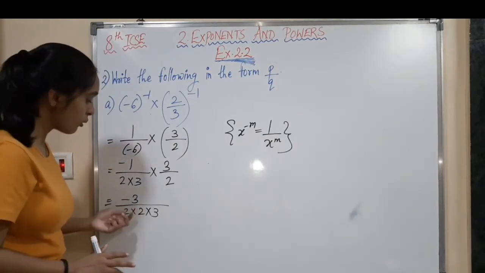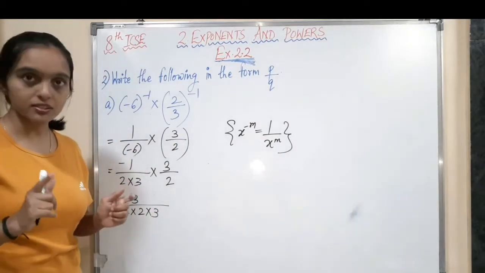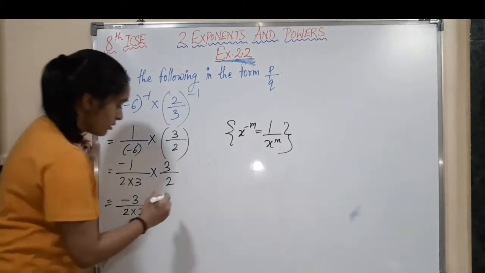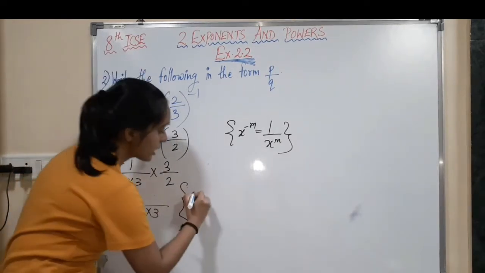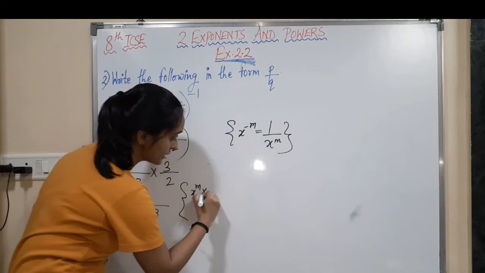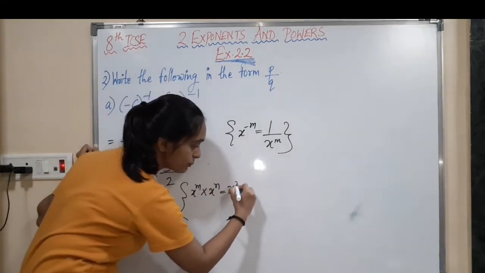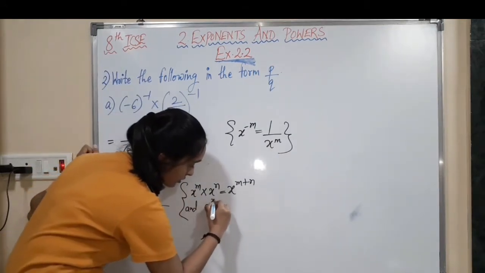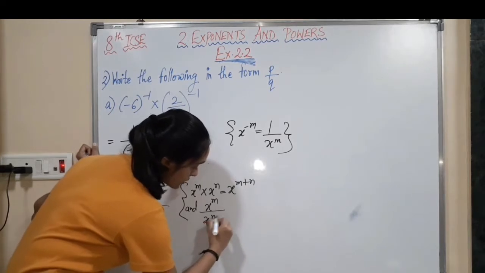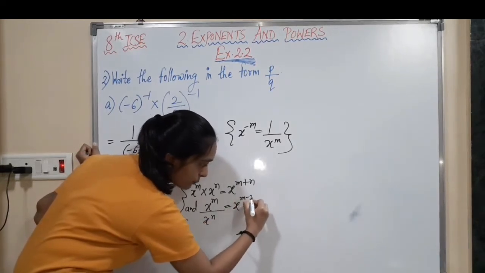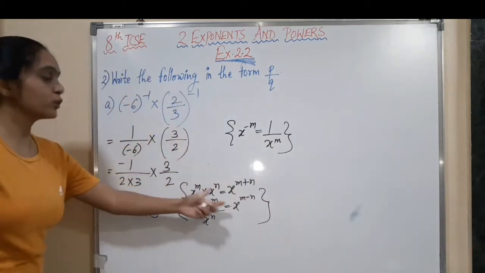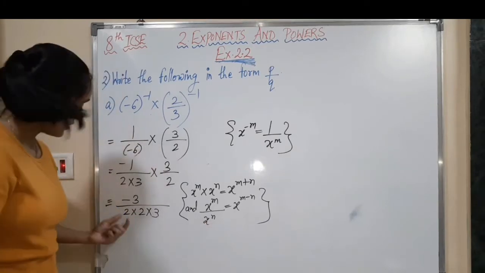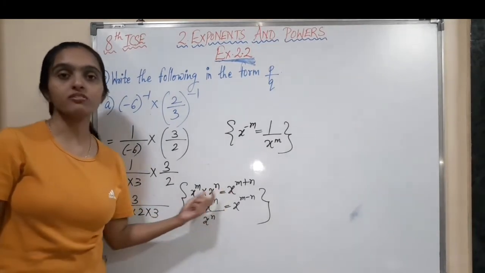Now using the laws we can add or subtract the powers. As here 3 upon 3 is there, we can use the laws. If you have x raised to m multiplied by x raised to n, we can add the powers, x raised to m plus n, and similarly if you have x raised to m divided by x raised to n, you can subtract the powers like this. So we will use these two laws here. For 3 upon 3 you will use the second law, and for 2 multiplied by 2 we will use the first law here.